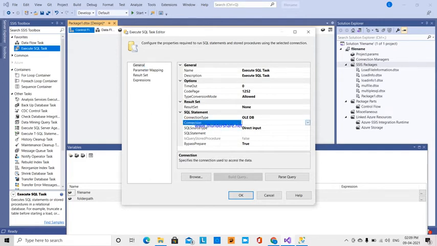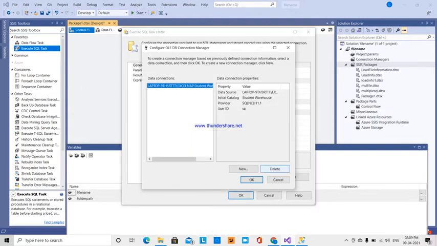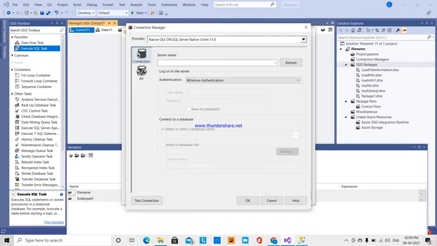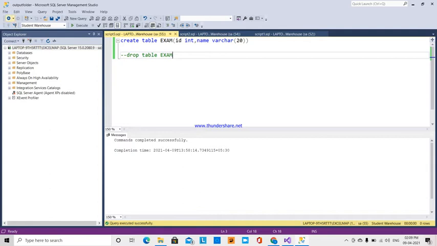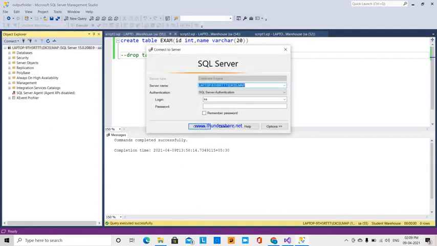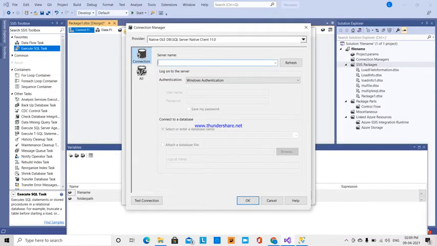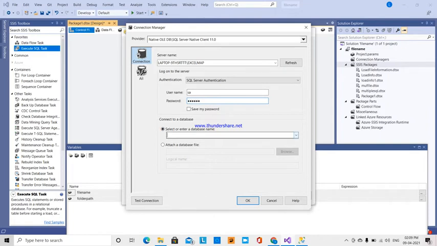Here I have to give a connection, so I am creating a new connection, copying my database server name. I am using SQL Server authentication, giving a user ID and password, and selecting the database.